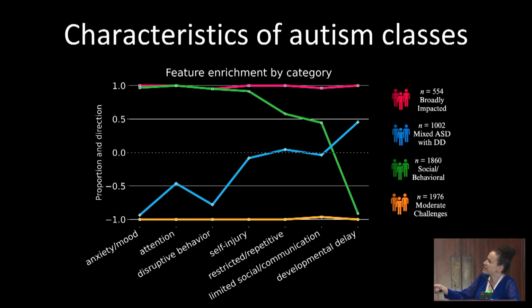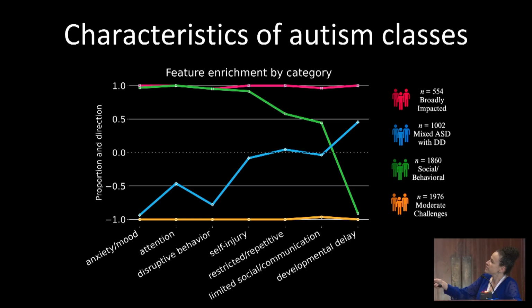And then on the y-axis, we're showing how much individuals in a particular subclass had challenges in that specific axis. And this is with respect to other individuals with autism, not with respect to unaffected siblings. I have a graph that I don't have in this presentation showing that even this moderate challenges subclass, that you can see appears like it has no challenges, has moderate challenges that are significantly more affected than unaffected siblings.